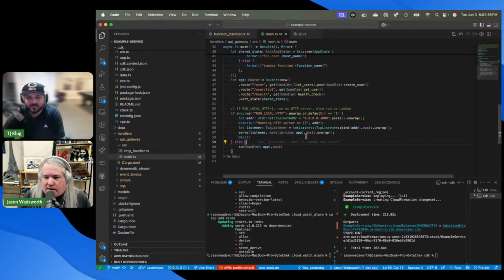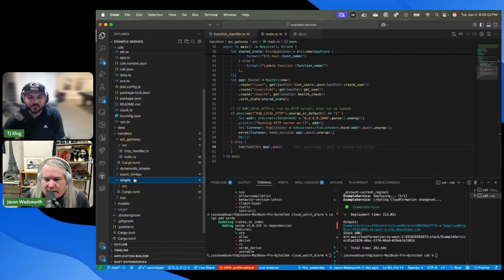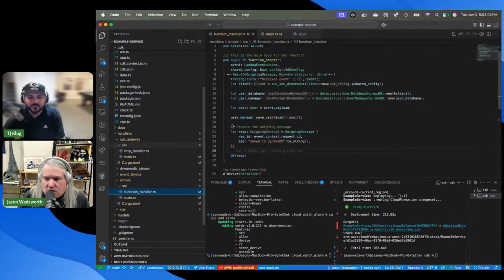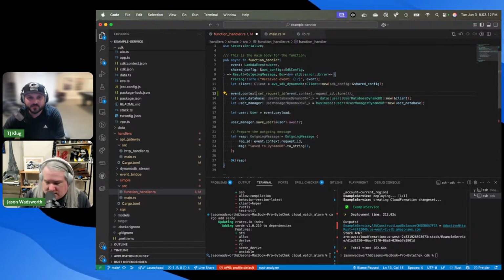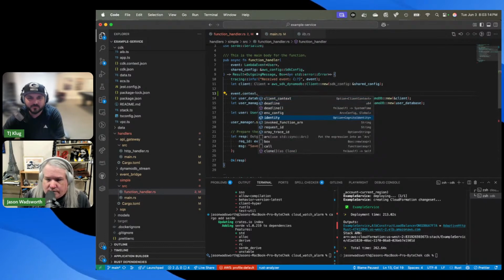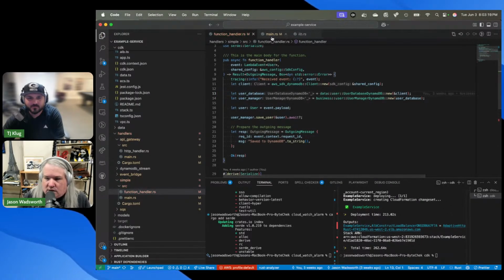I don't remember exactly how you do it here, but if we go back and look at the simple code, this guy is getting a Lambda event, and event dot context has all those things in it. So presumably there's a way to get that in this guy as well.